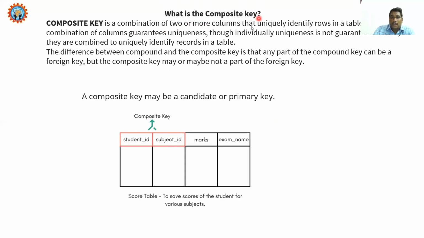It is a combination of two or more columns that uniquely identify rows in a table. The combination of columns guarantees uniqueness, though individually uniqueness is not guaranteed. Hence, they are combined to uniquely identify records in a table.